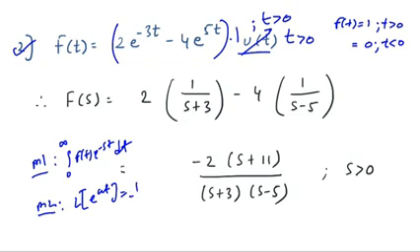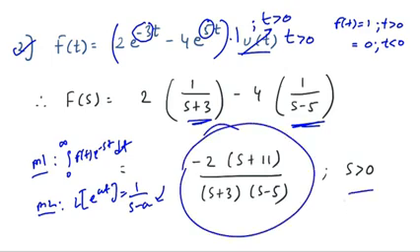The answer is 1 over s minus a. Now check what is the value of a here. The value of a here is minus 3. So plug in minus 3, the answer would be 1 upon s plus 3. Similarly, the value of a here is 5. So plug in that value, you will get the answer as 1 upon s minus 5. Now you will get the answer after simplification. So the region is s is greater than 0 because time was greater than 0. The region is also important if you are writing a conventional paper.